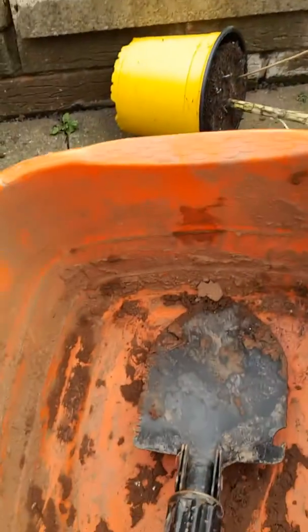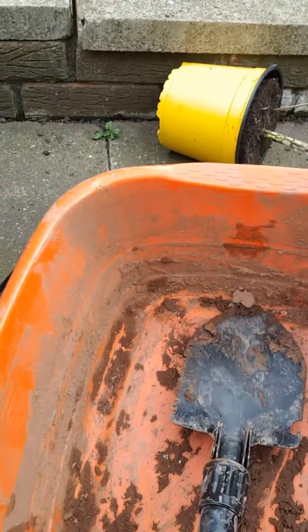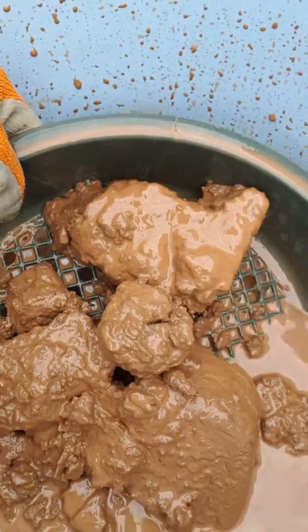So basically we have filled this bucket full of clay, because you are only allowed by law in England to take away 1 bucket of material. No pebbles, no stones, no rocks, nothing. You can only have sand or clay, which is what we've got. We have basically been classifying it down, which is what I'm doing here at this moment in time. That is actually the second lot that I've done, and we are getting out the big stones, which are here,